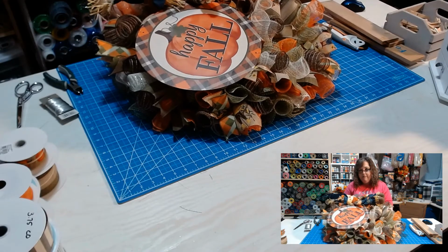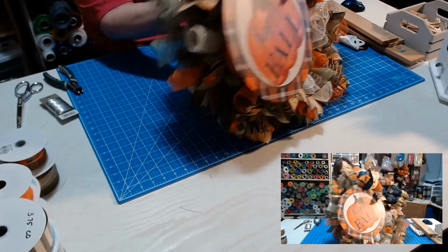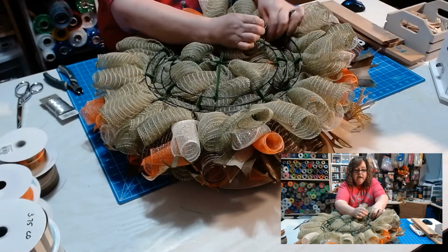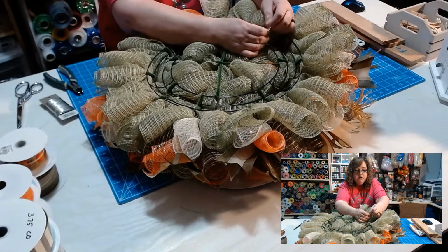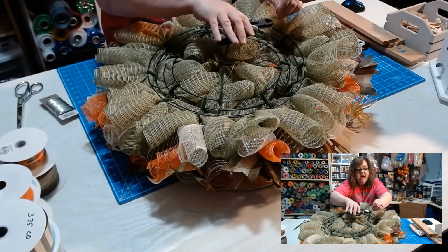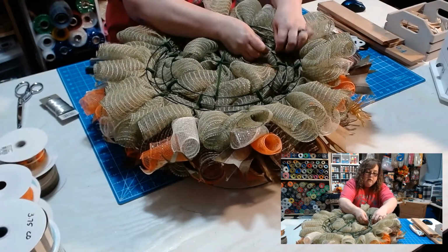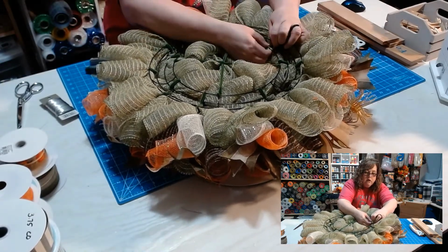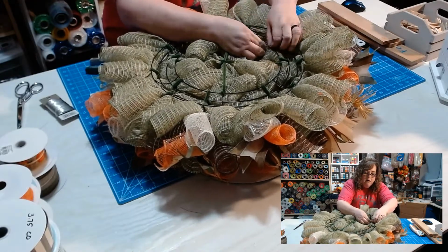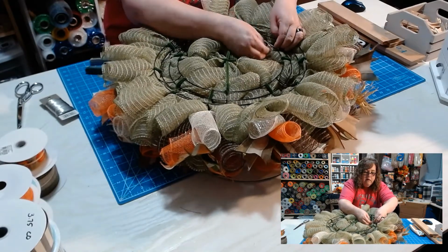So I'm just wrapping it around. Let's see here. So I just took my wire, I got it wrapped around two of the cross members, and then I'll cut off some. Like I said, I always cut my wire too long, but I'd rather have it longer than shorter. And then I'll wrap it a little bit more around the